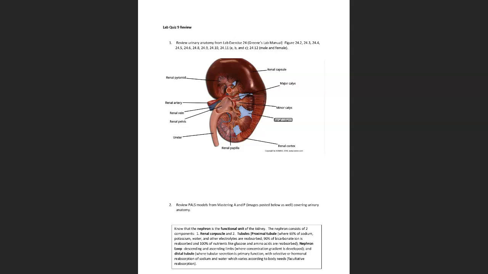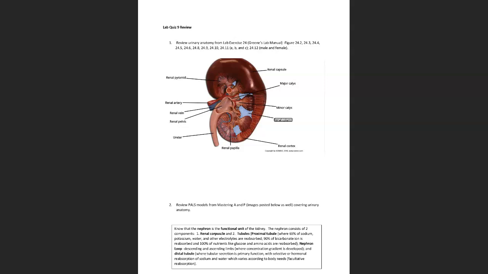And then from the interlobular artery, the blood vessels branch into the afferent arteriole, which goes into the renal corpuscle, the glomerulus. And then the efferent arteriole drains into the peritubular capillaries for cortical nephrons, and the efferent arteriole drains into the vasa recta for your medullary nephrons. The peritubular capillaries then follow the same course that the arteries followed, but in reverse order. So the peritubular capillaries empty into the interlobular vein,